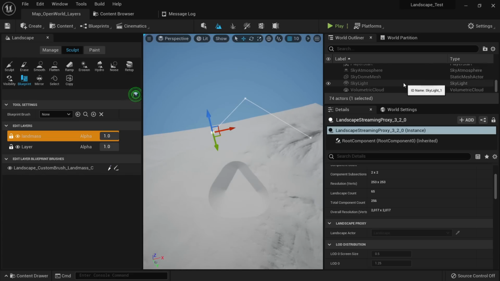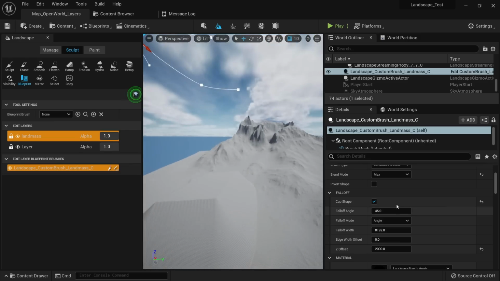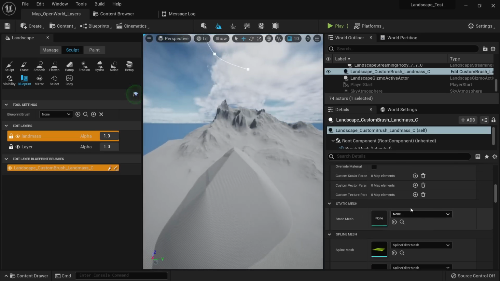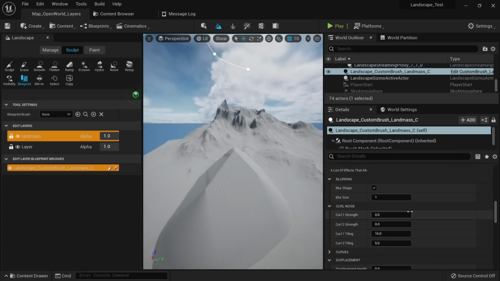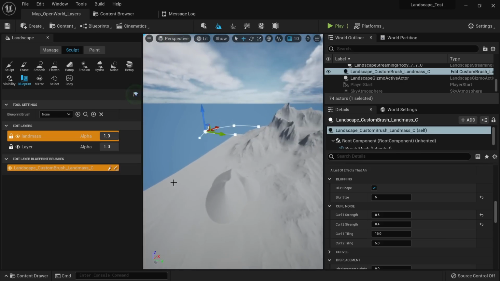Okay, let's go back. Find our landmass. Here we can move the spline. Right click at a spline point here. Basically have any shape you want. So you notice that these two can be combined. So if I play with this, for example, I can go to my curl noise. I can make it blur a little bit and play with a noise like 0.5 and then 0.46. And then I can just play